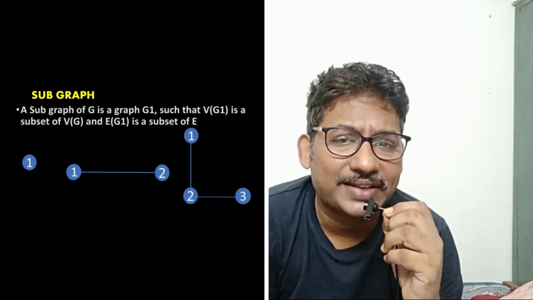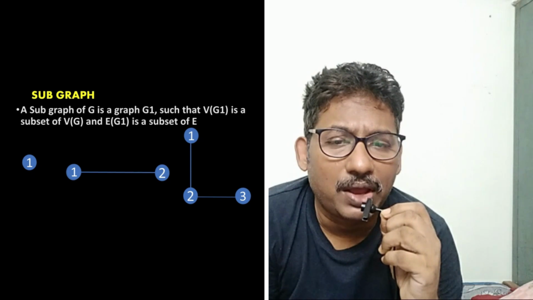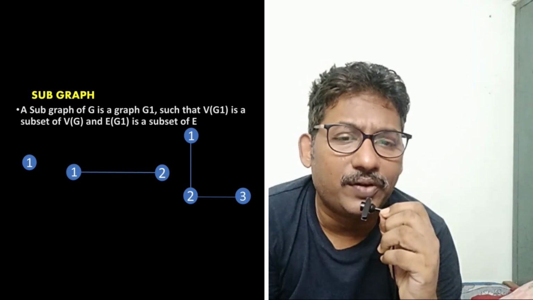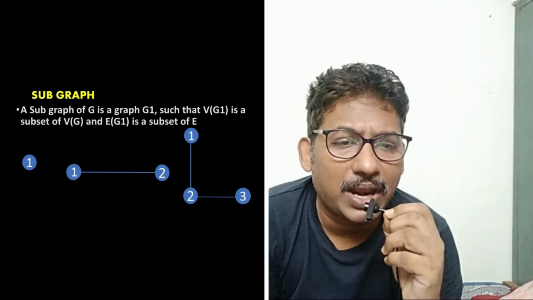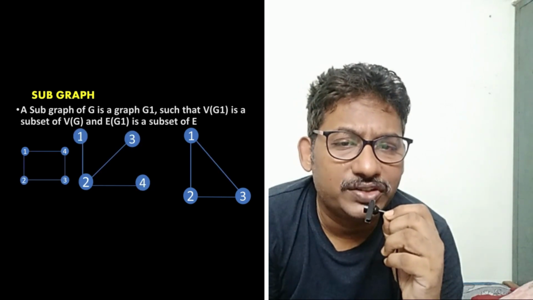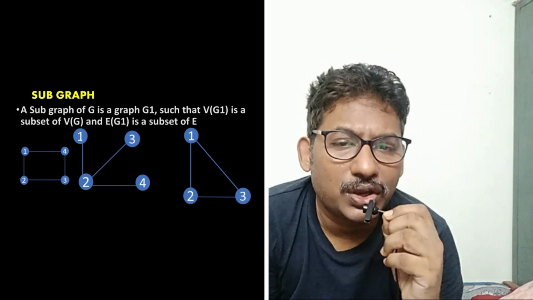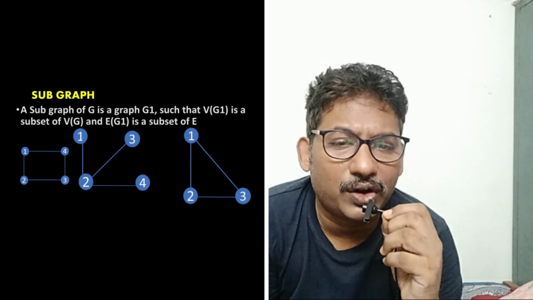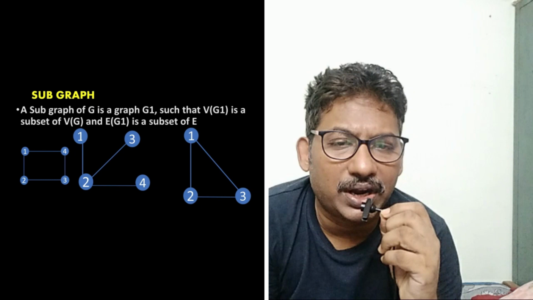Then here is an example we are going to show. It is a graph and the subgraphs here are, a particular point, we can say it is a subgraph. 1 to 2, a line is drawn, it is a subgraph. 1, 2, 3, an L-shaped line is drawn, it is part of the previously shown graph G1. So a subgraph of G is a graph G1 such that V of G1 is a subset of V of G and E of G1 is a subset of E. So here a square we have taken, 1, 2, 3, 4, it is a subgraph. 1, 2, 2 to 3, 3 to 4, it is a subgraph. A triangle is taken, it is also a subgraph. 1, 2, 3 vertices.